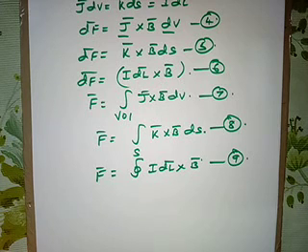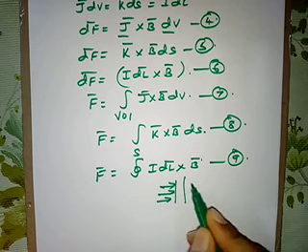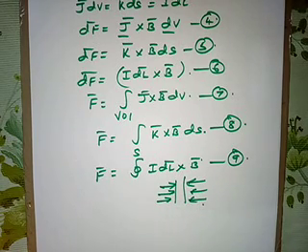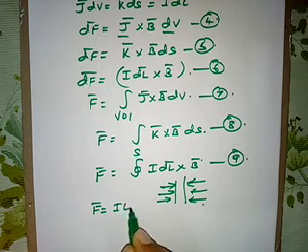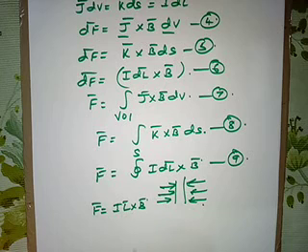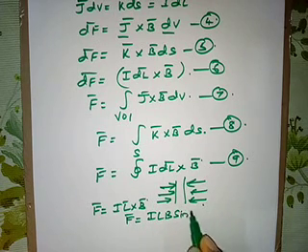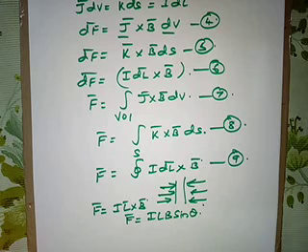If it is a straight conductor and there is a uniform magnetic field B bar, then the equation for the force exerted on the conductor is given by F bar equals I L bar cross B bar. This is the same as the previous one we got, I dl bar cross B bar. Or the magnitude of the force is given by F equals I L B sin theta, or B I L sin theta.